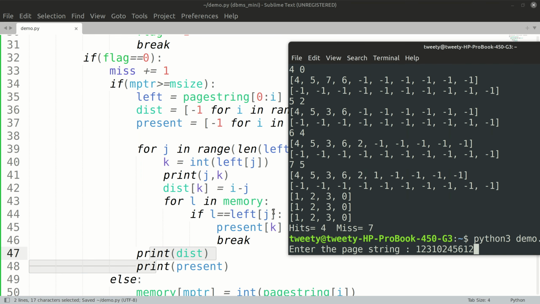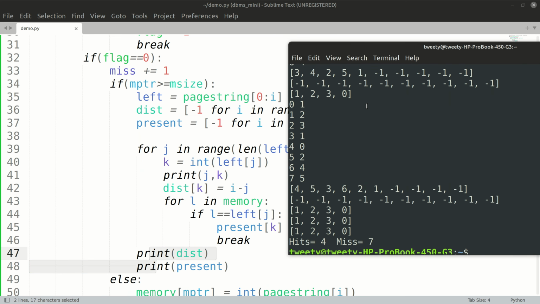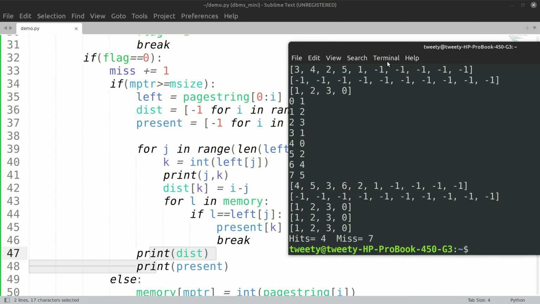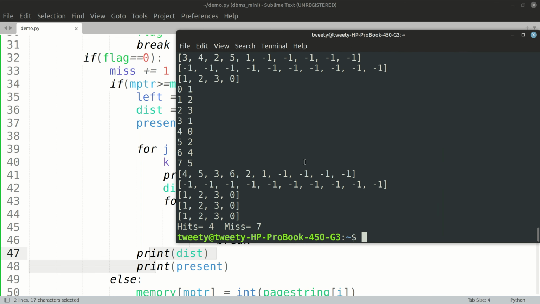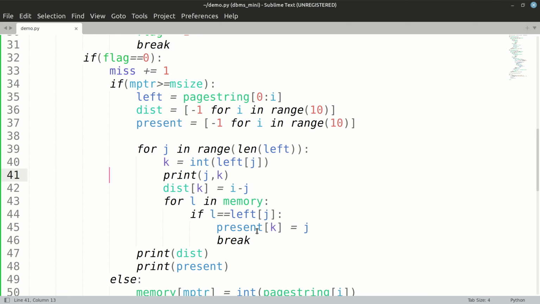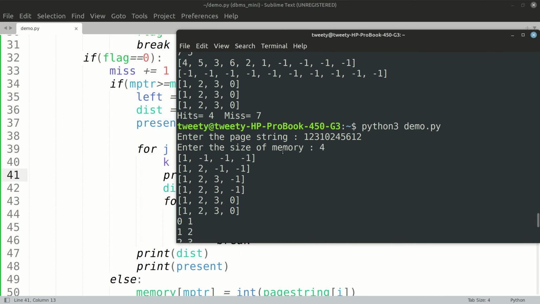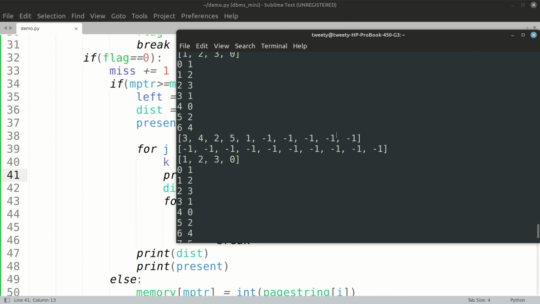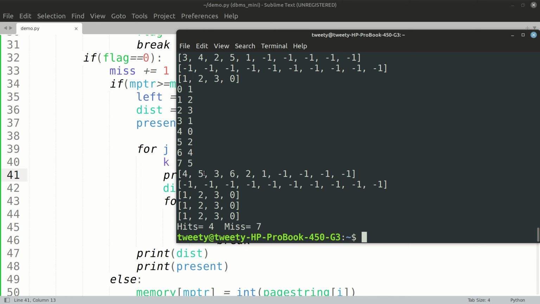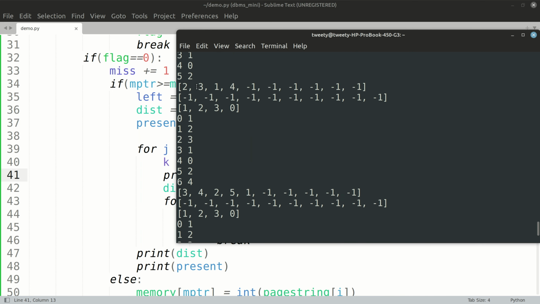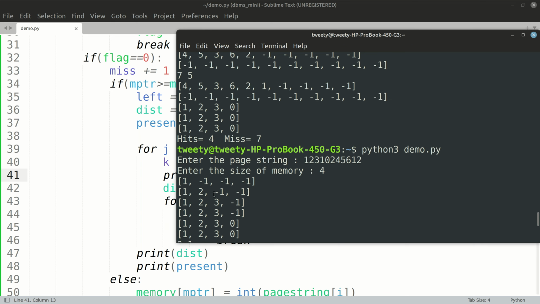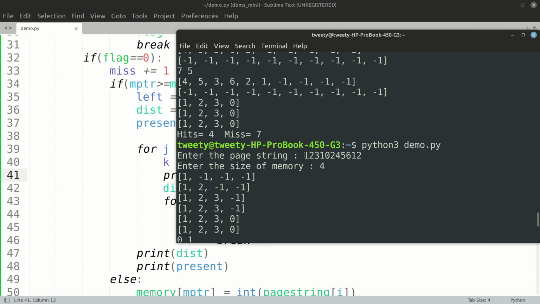Now let's see. So distance between 1 and 4 should be 3. Is it so? It was 3, but after that it has incremented it. So maybe it